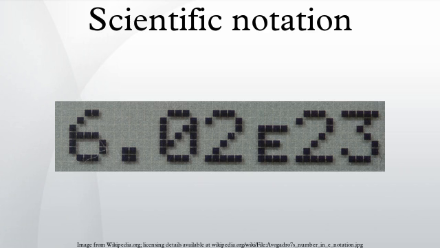Scientific notation is a way of writing numbers that are too big or too small to be conveniently written in decimal form. Scientific notation has a number of useful properties and is commonly used in calculators and by scientists, mathematicians and engineers. In scientific notation, all numbers are written in the form a times 10 raised to the power of b, where the exponent b is an integer, and the coefficient a is any real number, called the significand or